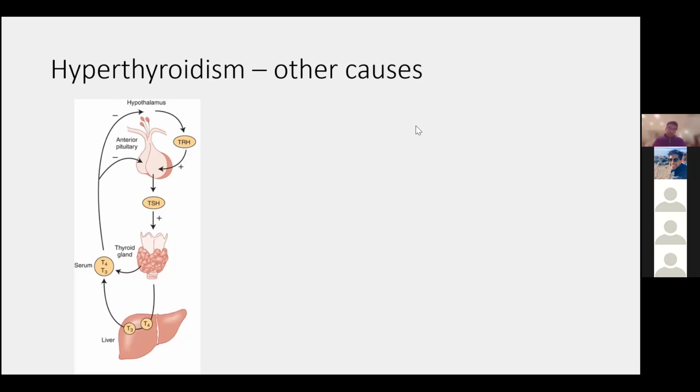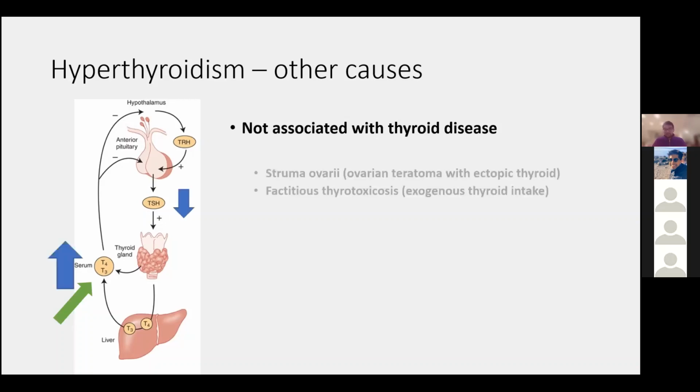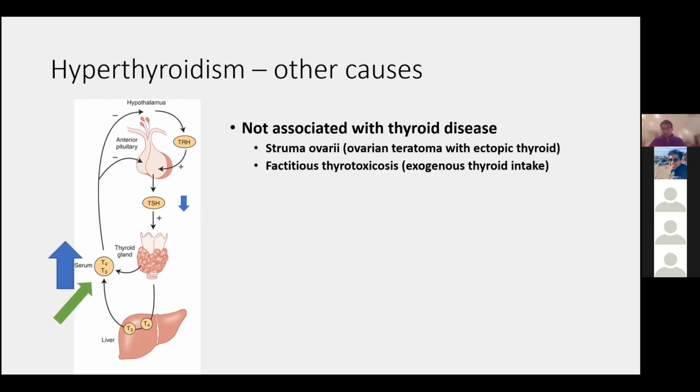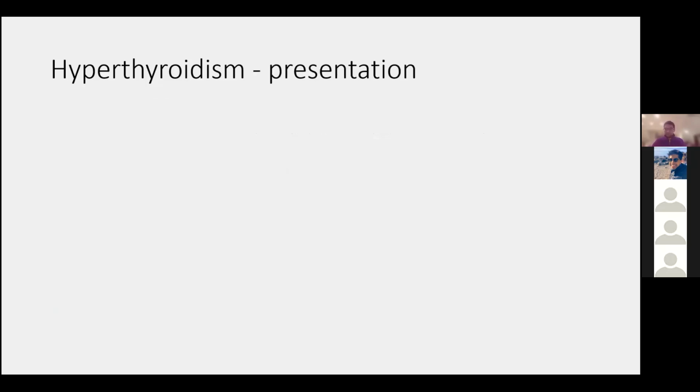And just briefly, there are other causes of hyperthyroidism, and this is because you can be introducing thyroid hormone externally, from that which is produced by your thyroid gland. So these are things like factitious thyrotoxicosis, so patients being a bit naughty and taking too much thyroid hormone, or taking levothyroxine which isn't theirs. Another more rare cause is a disease called struma ovarii, and this is where you get an ovarian teratoma, which actually produces ectopic thyroid hormone, which again is very rare and not something that you should really be worrying about.